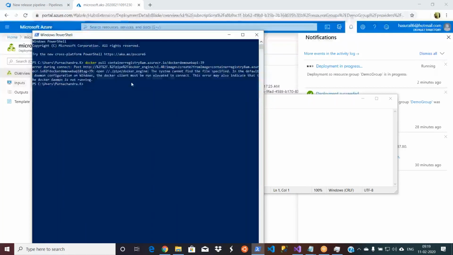This is important to remember. When we are working with PowerShell and Azure cloud, we first do AD connect, right? In the same way, when you run this Docker pull, it will ask you for authorization. You just authorize using your account, and then your image will be downloaded to your local repository. Then you can see the list of images with Docker images.